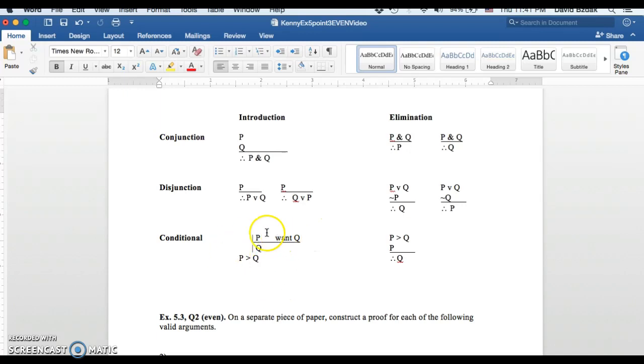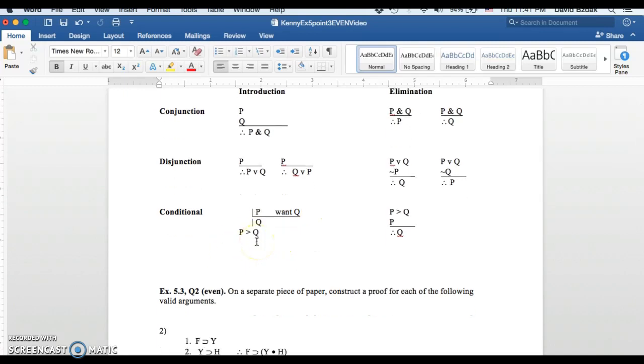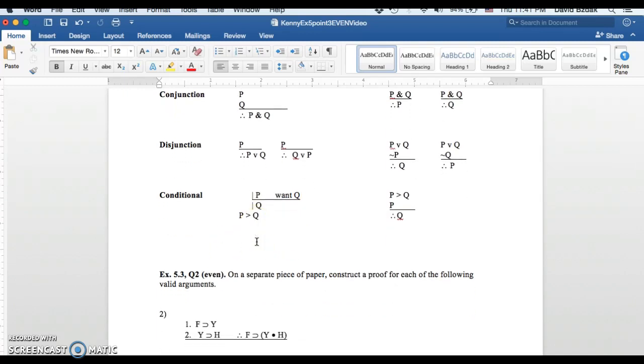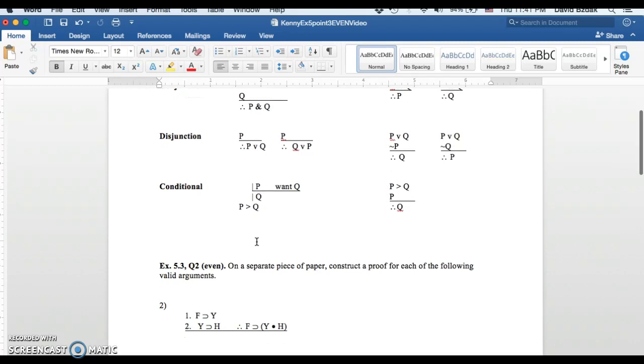And you can even see that just looking at it here. This rule uses what's called a subderivation, right? It's a sort of derivation within a derivation. And the idea here is, for conditional introduction, you're trying to derive a conditional. If P, then Q. Now the way you derive a conditional is assume P is true and see if you